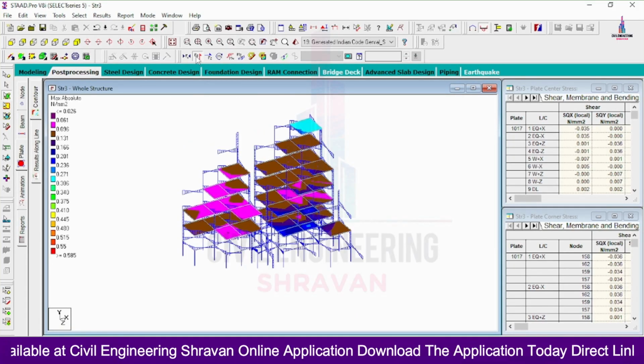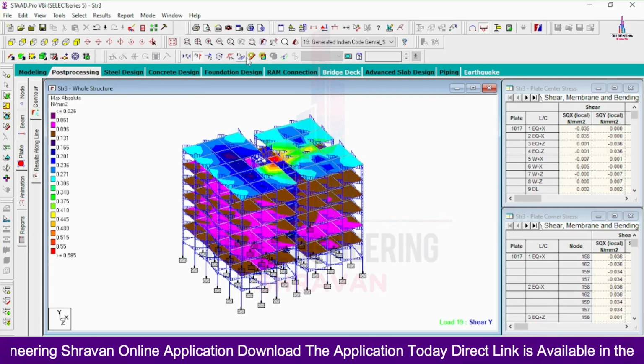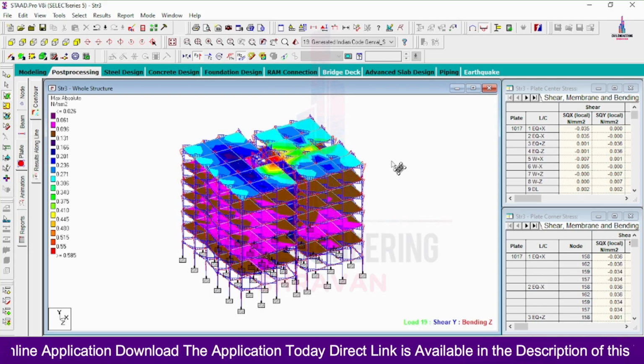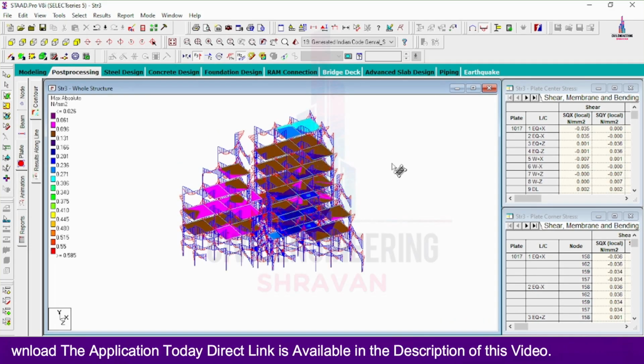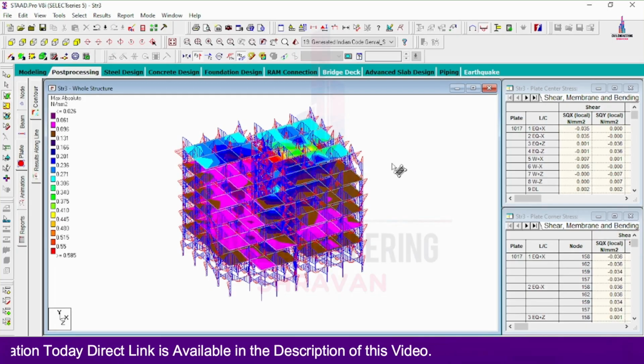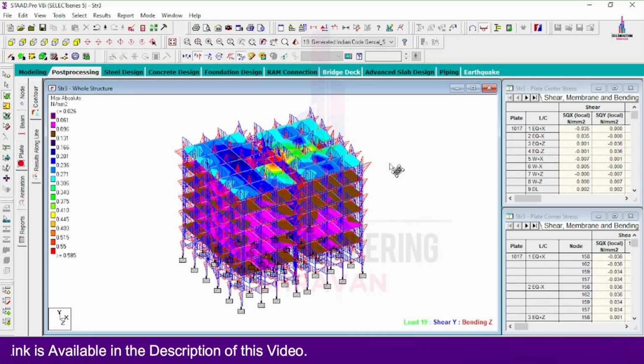So click on the Fy value. This is the shear force diagram and this is the bending moment diagram for this particular structure. You can see the results depend upon your considered load cases and your assumed assumptions. So this is the complete process of applying the loads and analysis of the structure by using STAAD PRO V8